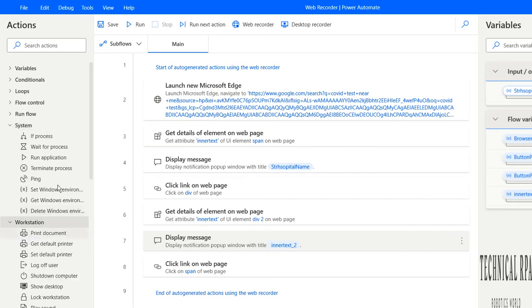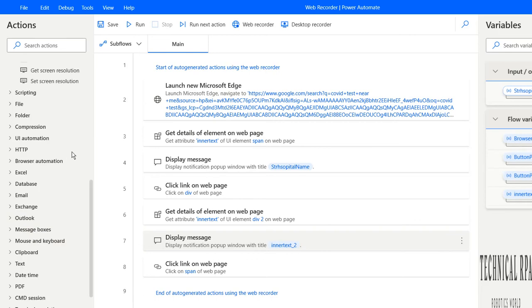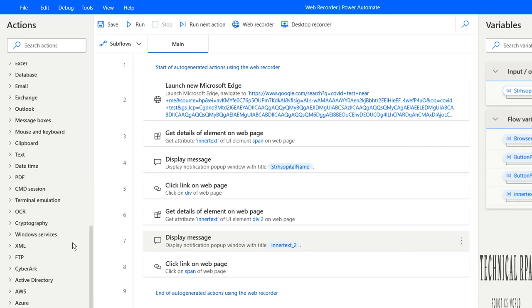Many new commands are available, and file and folder actions. Whatever you previously achieved through script has now been added to Power Automate through PowerShell script. Internally they are writing PowerShell script, but on our side it is no code, low code.